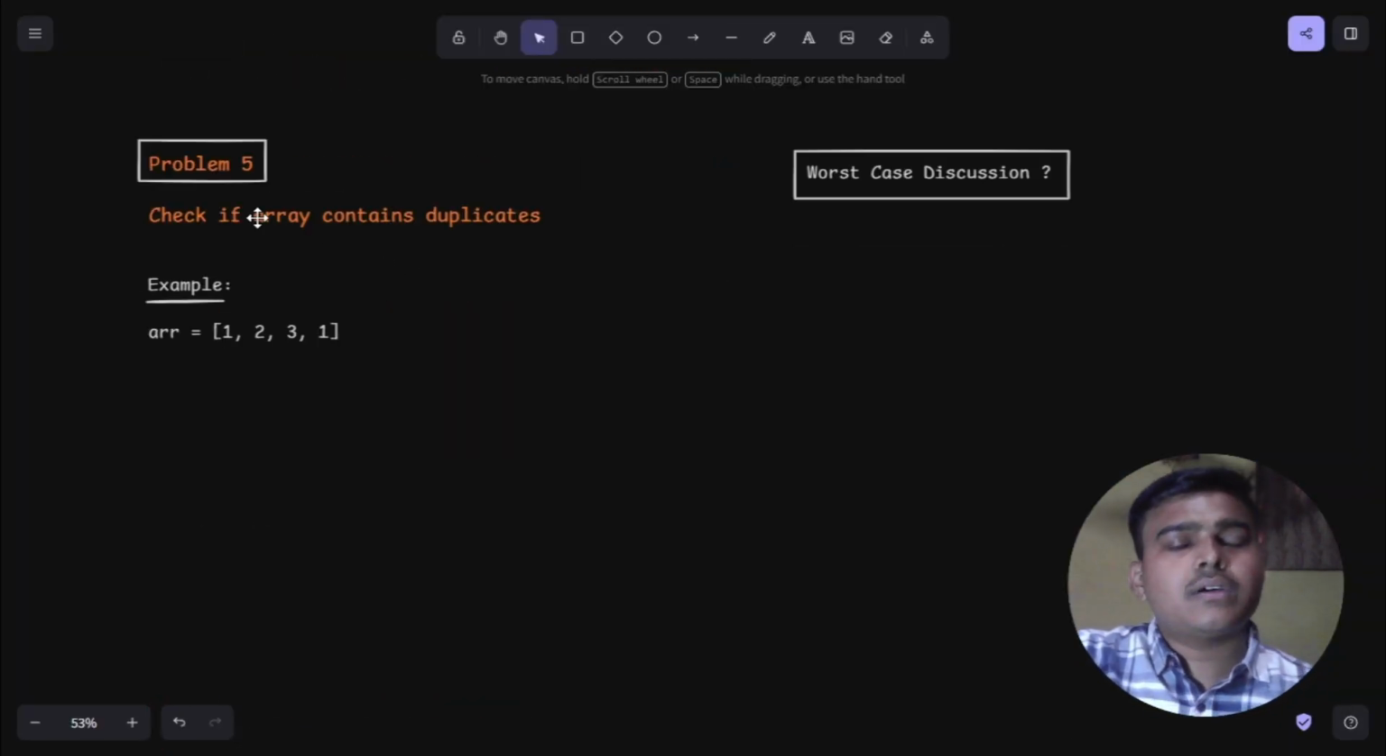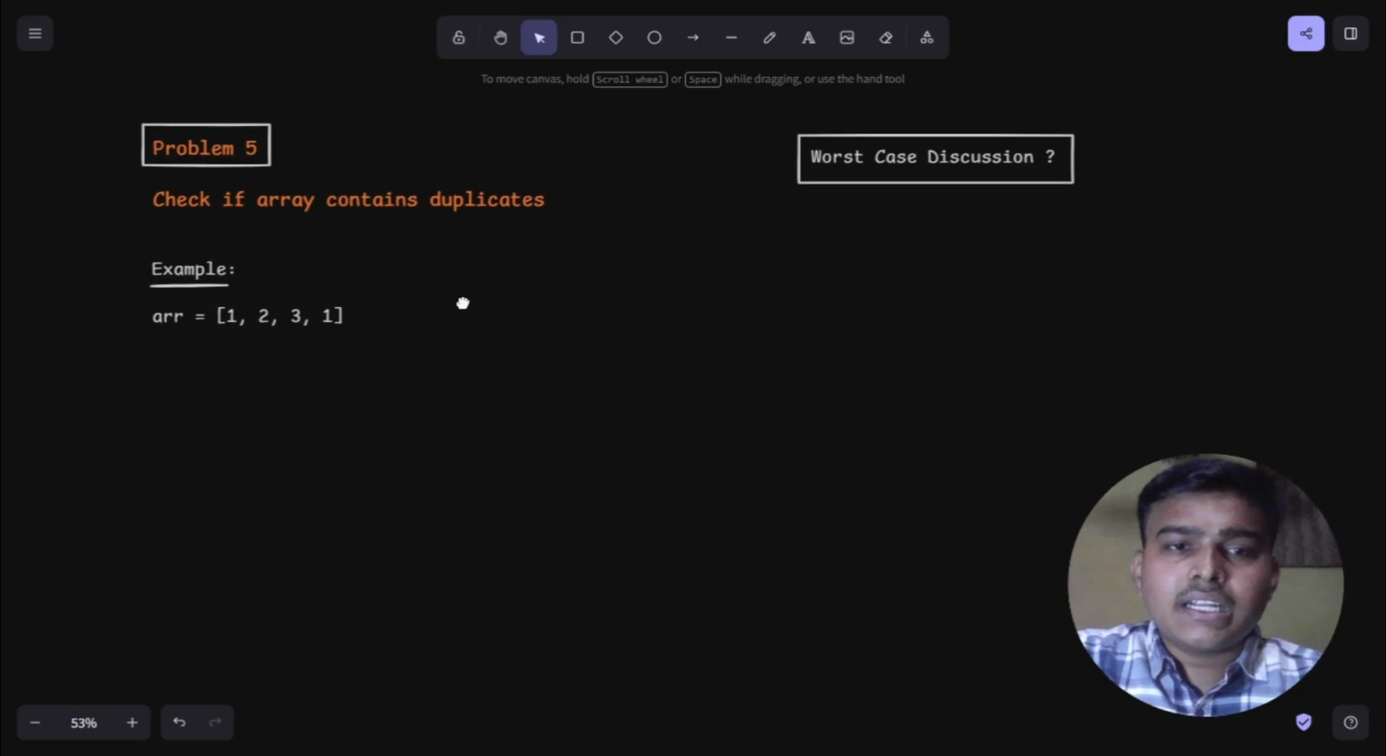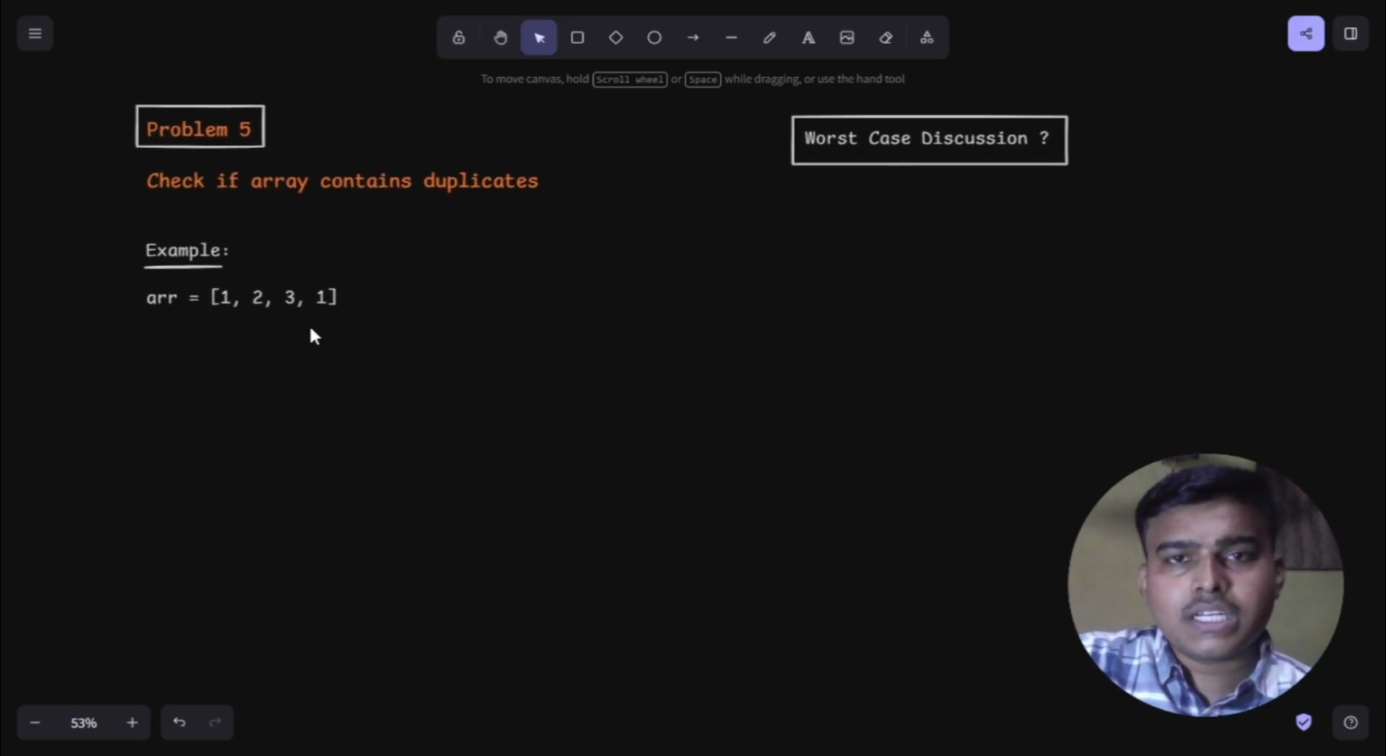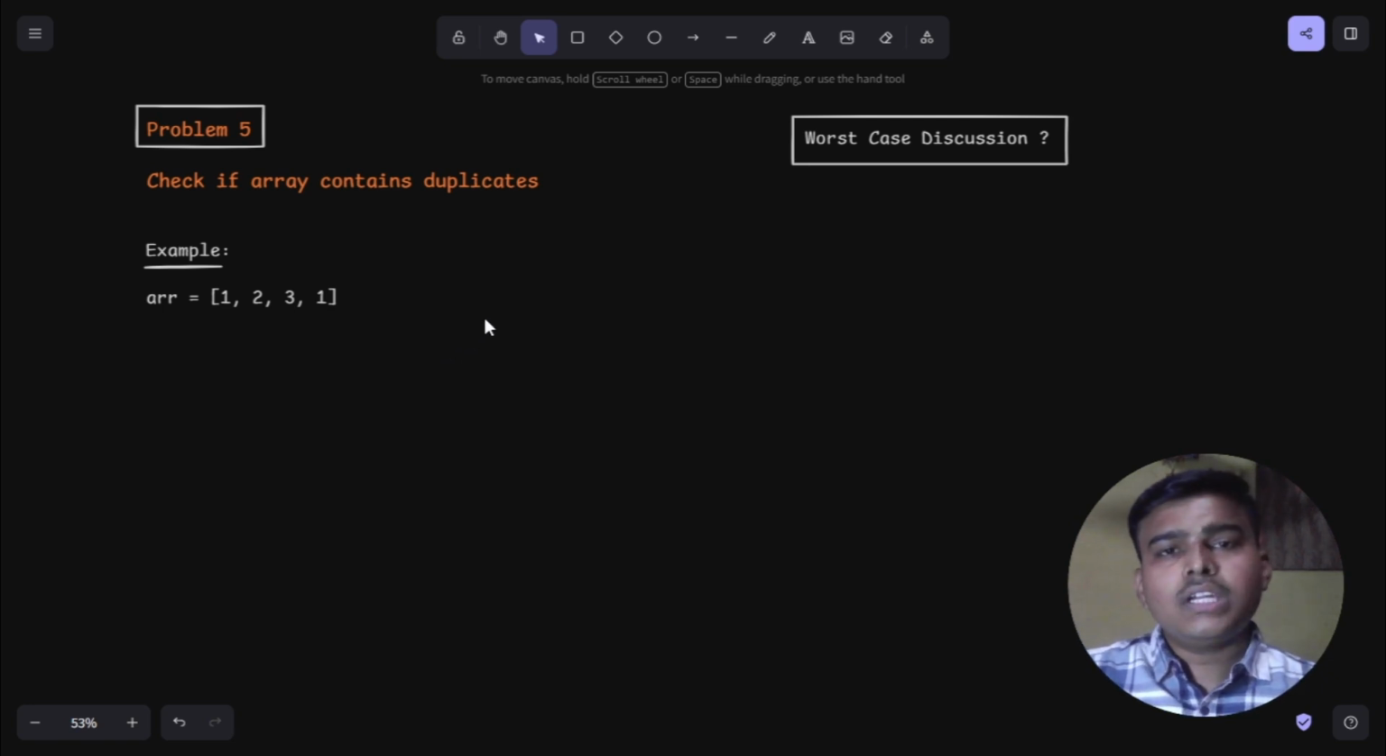Okay, and now let's get into another problem. This is the problem: check if the array contains duplicates. If the array is containing duplicates, that means here the 1 and 1 are present 2 times. So in order to check if the duplicates are present or not, here we only have to check for the duplicates. So we can use